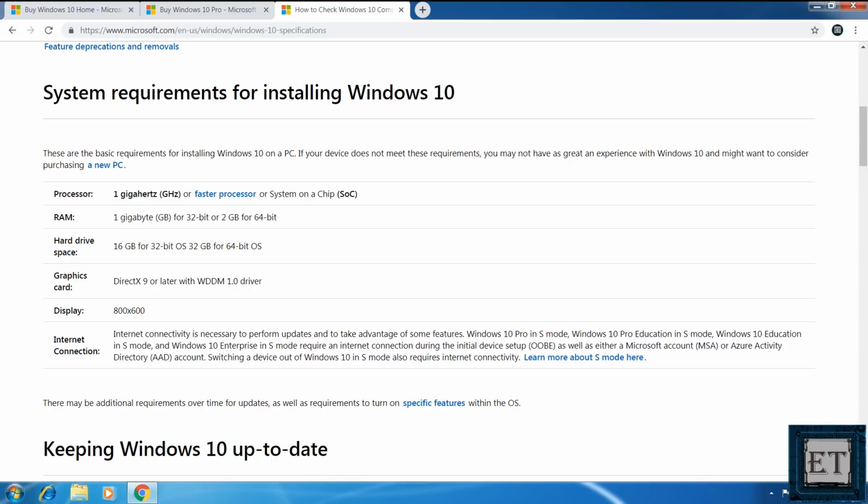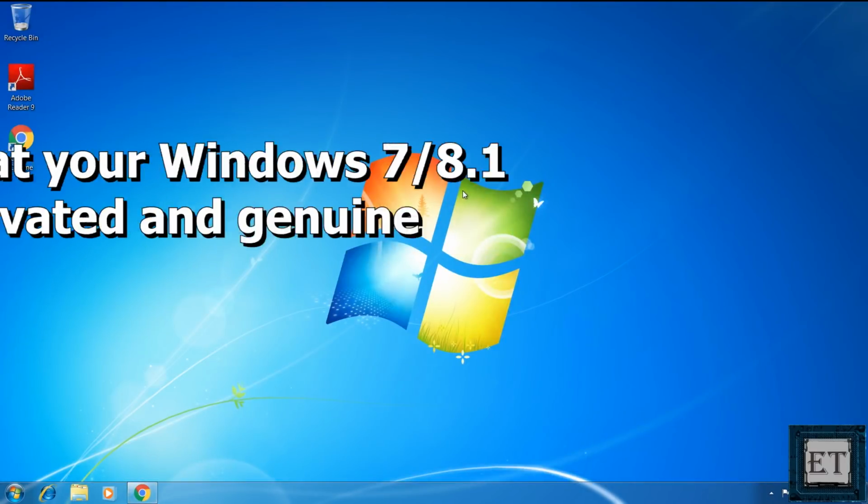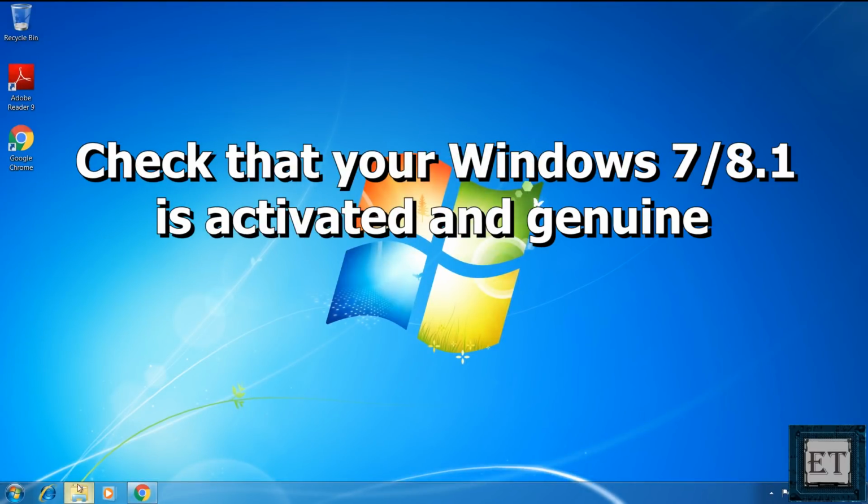However, for the processor and RAM, I would recommend that you double up on these requirements for effective running of Windows 10. So at least a 1.7 GHz processor, 2 GB of RAM for 32-bit and 4 GB for 64-bit. With that out of the way, the next thing is to check that you have a licensed Windows 7